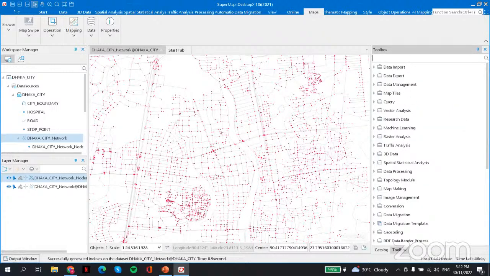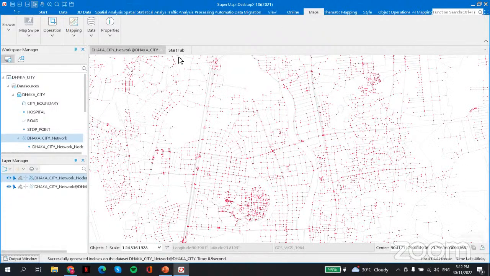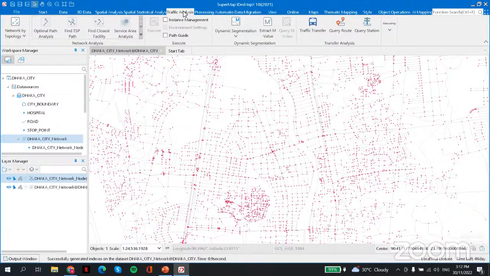Okay, after that, we will go to our topic today, which is to create the optimal path analysis, where we need to go to the traffic analysis first. With this optimal path analysis, we are going to find the shortest time or lowest cost between two points in the network. So we will select the optimal path analysis here.